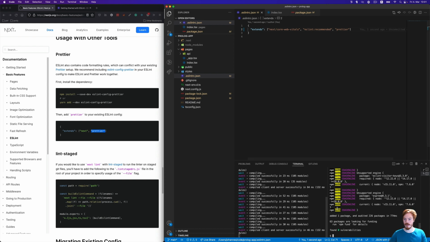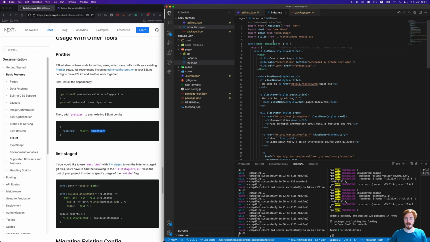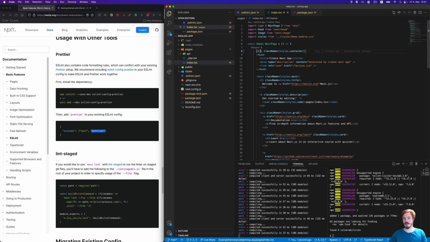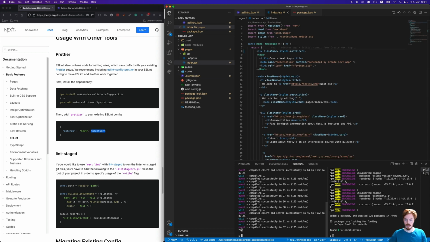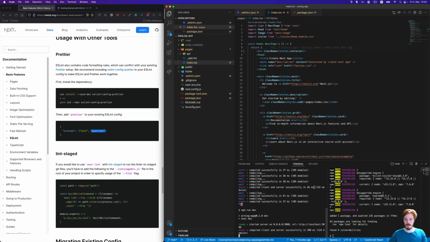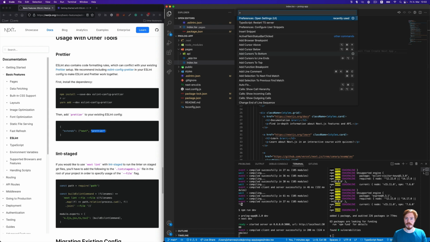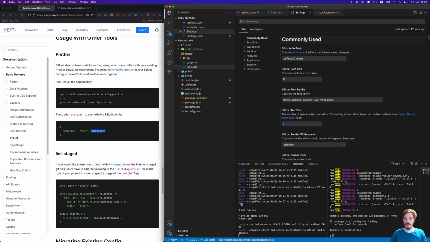I'm not sure if I have to restart my project or not, but let's see. Okay, so currently Prettier doesn't kick in yet. Probably have to restart the project. Maybe also the whole code environment. What we can do is open the settings, and now